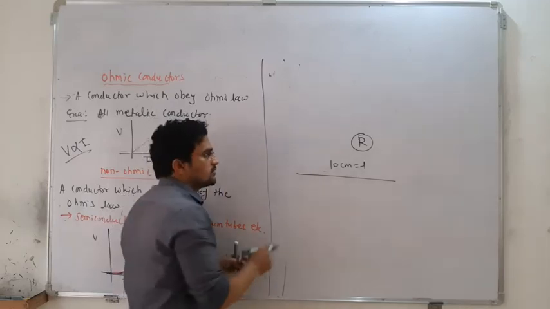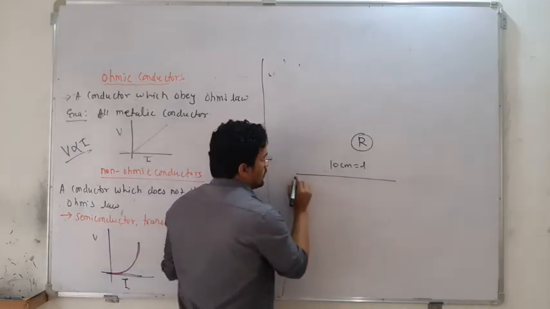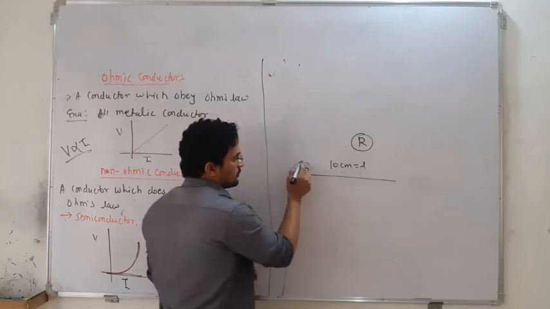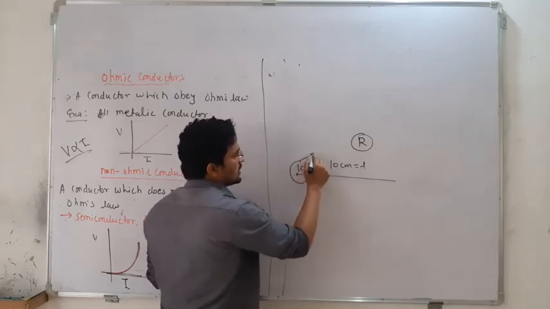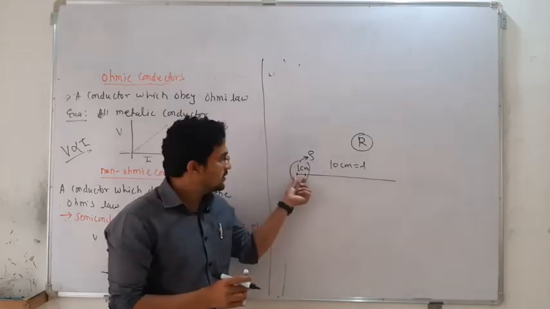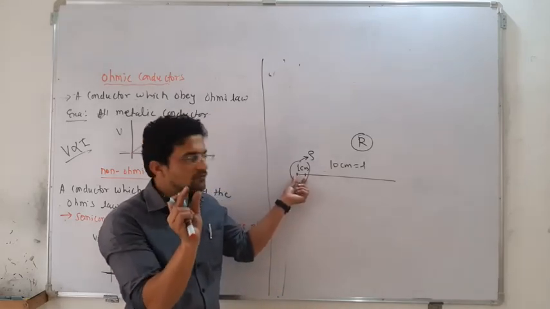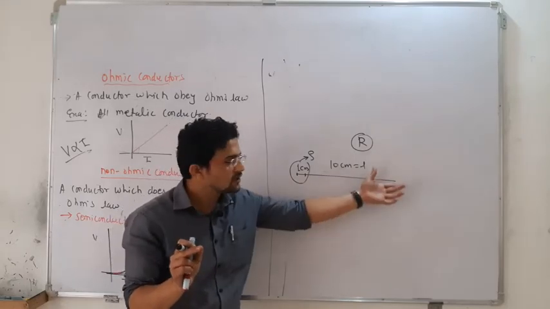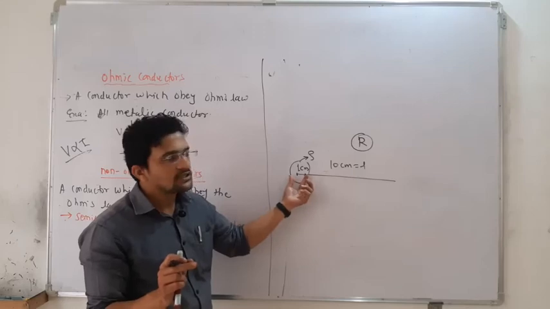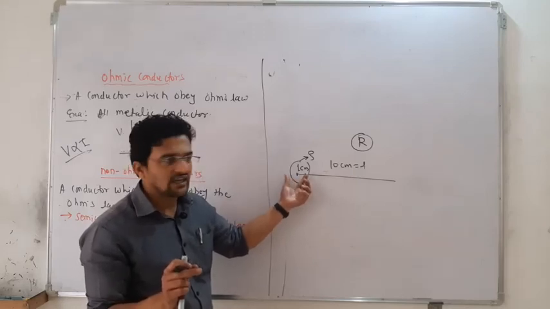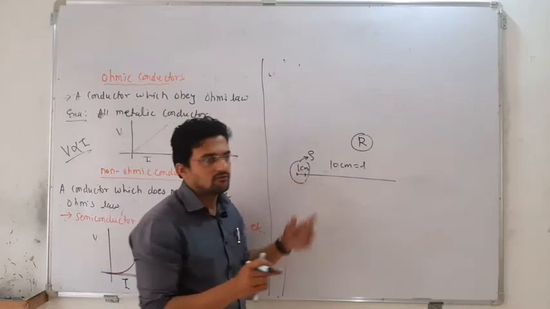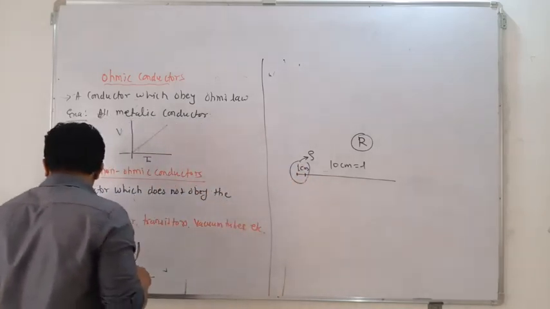Resistance per unit length. So apart from this 10 centimeter, what is the resistance present in 1 centimeter? If you calculate this one resistance, that is nothing but your rho. How much resistance is present in a 1 centimeter segment of the wire, rather than taking the whole length? So that's why resistivity does not depend on the length or area. It only depends on the material and the temperature of the wire.